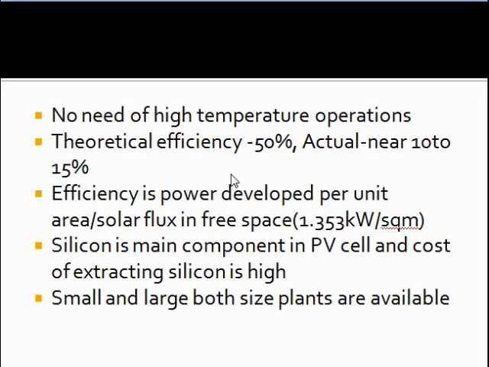And the solar PV cells need not work at higher temperatures. As I told, there will not be many moving parts, except if required a tracking system may be installed, but otherwise, unlike other methods of energy extraction like solar pond or solar engine, which have so many moving parts like cylinder, piston, then pumping assembly, pipelines, everything includes losses. But in the case of a solar PV cell, it need not operate at higher temperature, and that's one advantage.